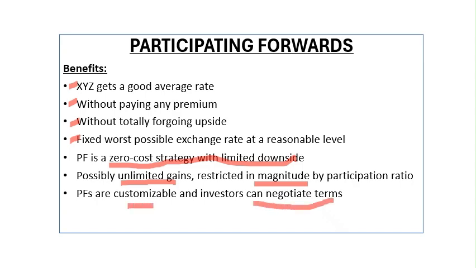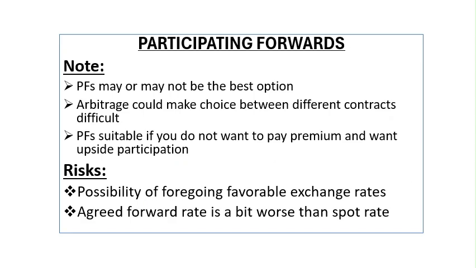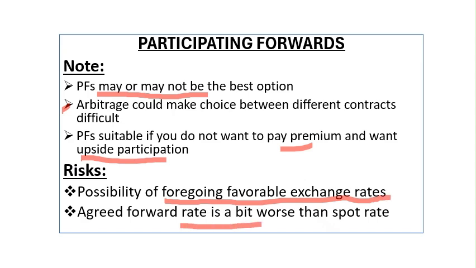Note that this does not mean that the participating forward contract will be the best option in all circumstances for all investors, especially for liquid currency pairs. Arbitrage could make the choice between different contracts difficult. However, one should consider PFs if one does not want to pay the premium or forego the upside potential completely. As evident, the main risk for the investor in a participating forward is the possibility of foregoing the benefits of a favorable exchange rate. Also, the agreed forward rate is always a bit worse than the spot rate at the